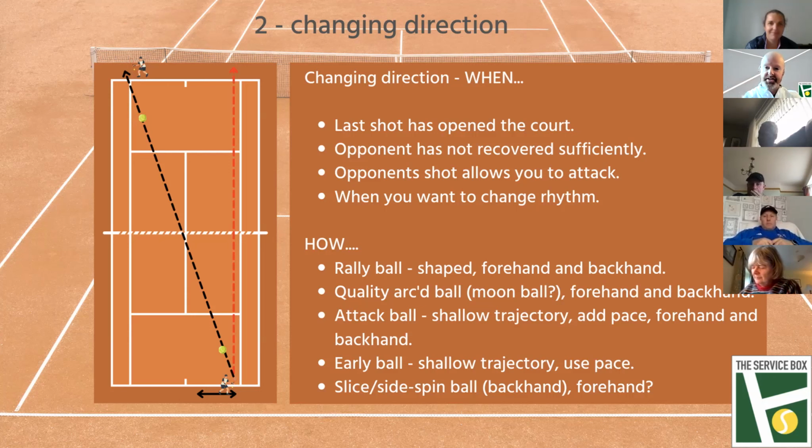Yeah, so the reason is that it's the low percentage option. The opponent wasn't anticipating it at all. It upsets their split step rhythm and balance, and they don't even move for it. It happens a few times if you look out for that when you're watching on the TV. And you can also, I think, develop the skills to do it on the forehand. It's not necessarily common,